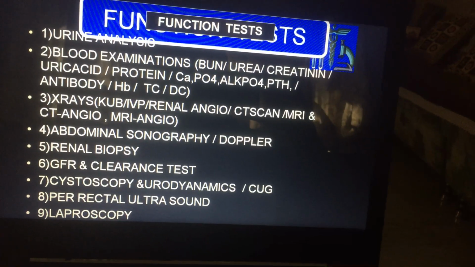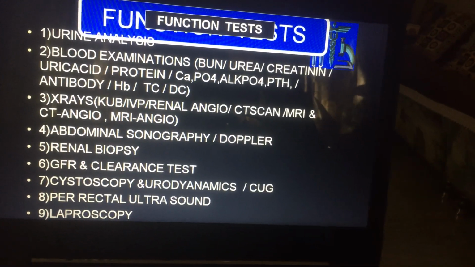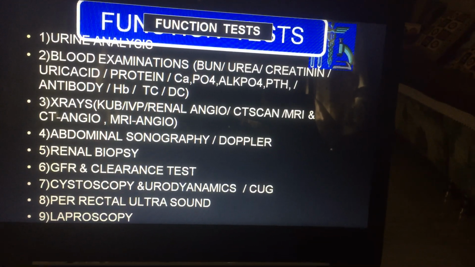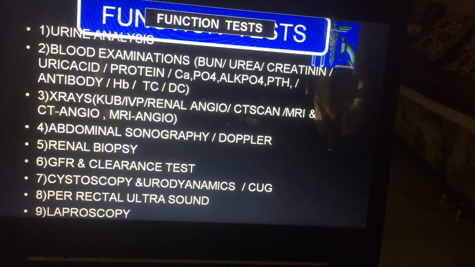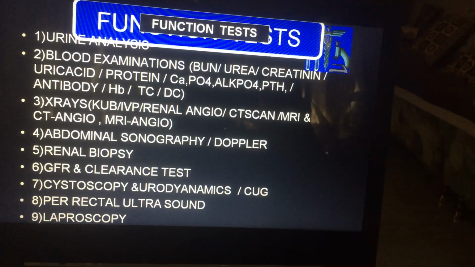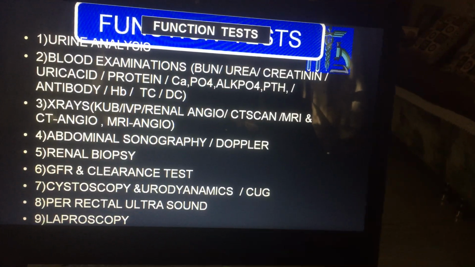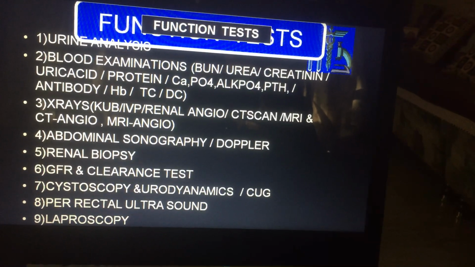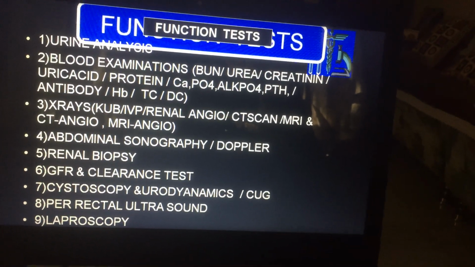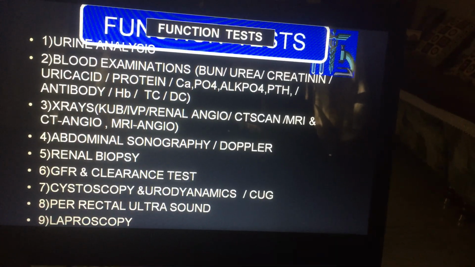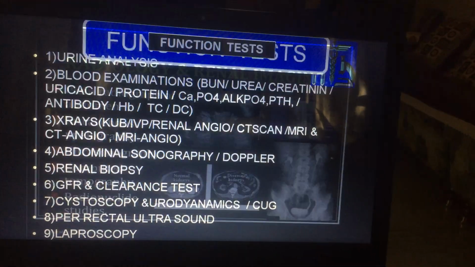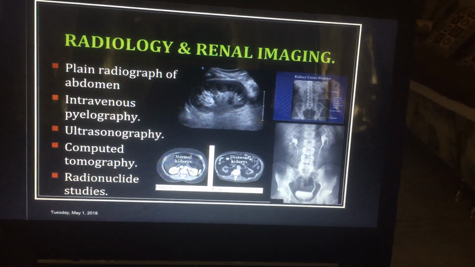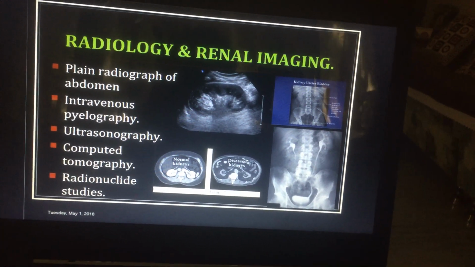Cystoscopy, urodynamics, and cystourography will be very, very useful in case of an obstructive uropathy. Transrectal ultrasound is very useful in case of prostatic disorders and urethra. Laparoscopy is done in case of other disorders. Radiological investigation, which can include the plain X-rays, IVP, ultrasound, compound